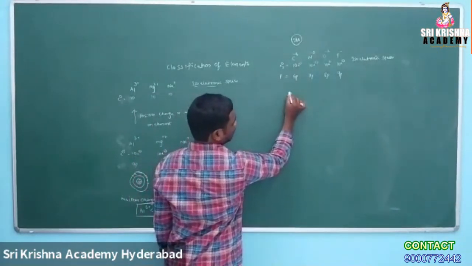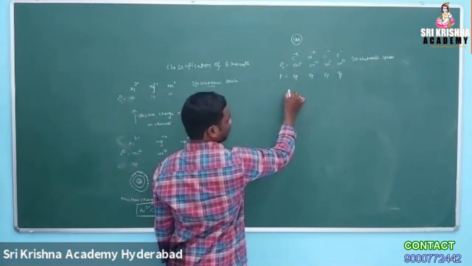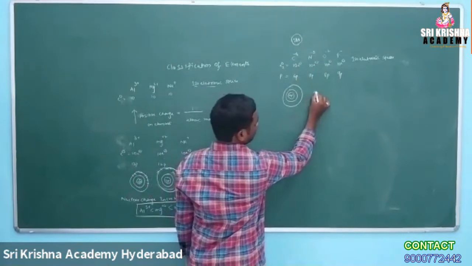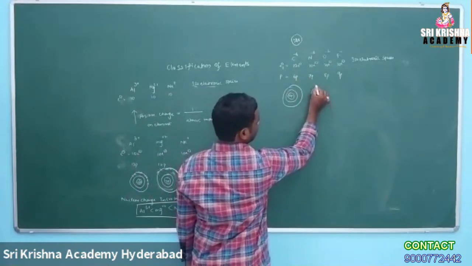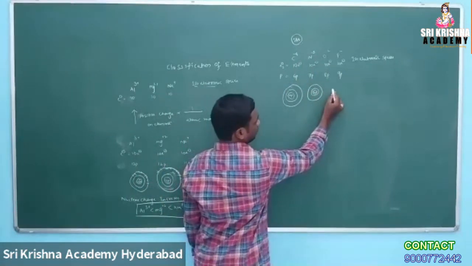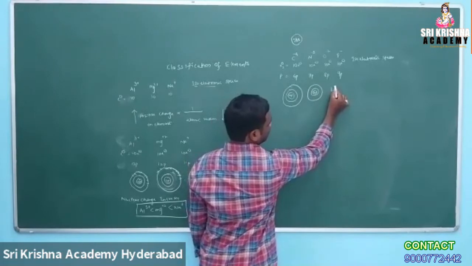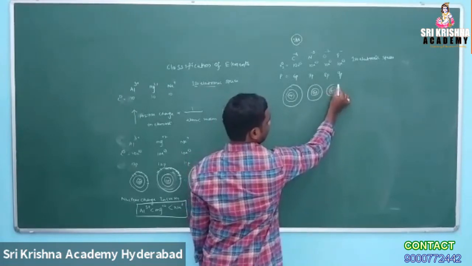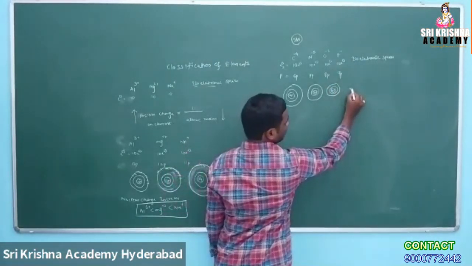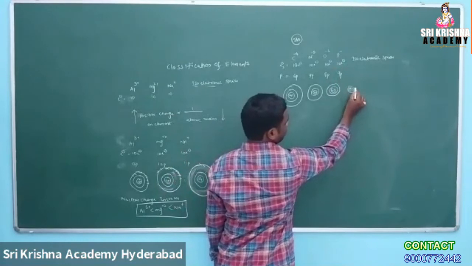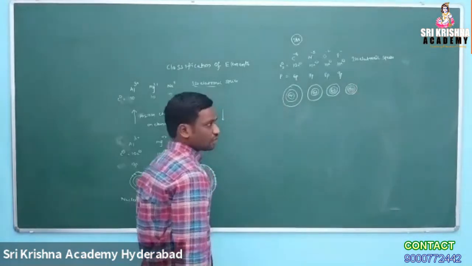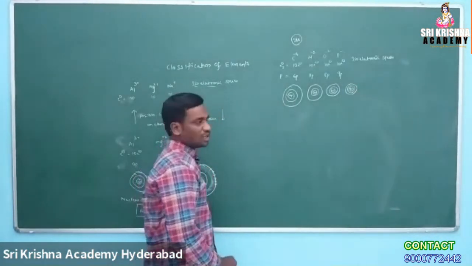So 6 protons are inside the nucleus, and outside 10 electrons. This is the K shell, this is the L shell. This is more size. Next here 7 protons, this is the K shell, next the L shell, and 8 electrons on the outer side. Next 8 protons, this is the K shell, next the L shell. Next F- case: here 9 protons are inside, attracting 10 electrons, and only 8 electrons are in the outer shell. So which one is smaller in size? F- is the smaller size.